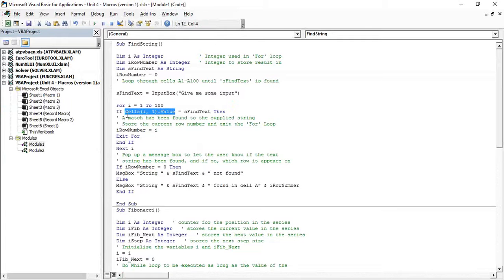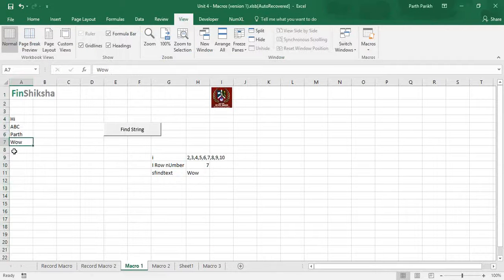And it takes the value and compares it to s find text which we have entered over here. If my condition is true, that's my row number. So if I find my output at 7, where my I will be 7 and row number will be 7, that's the output which I want.